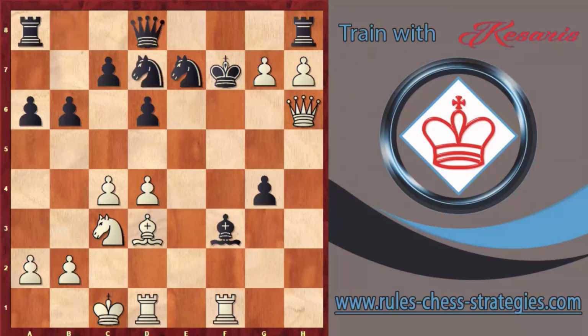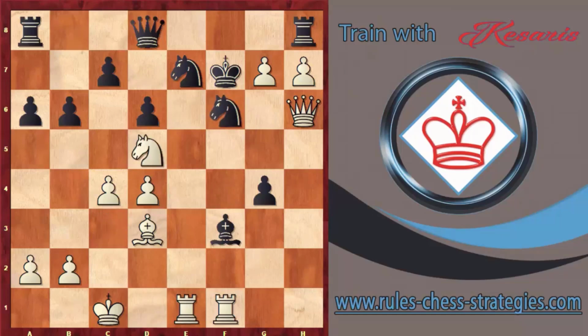He went knight to d7, rook d1, knight f6, and again knight d5. I'm trying to attack some pieces in order to attack his king, because if I exchange some key pieces, then the enemy king will be naked. And now he captures here, knight e takes d5, c takes d5. This is my